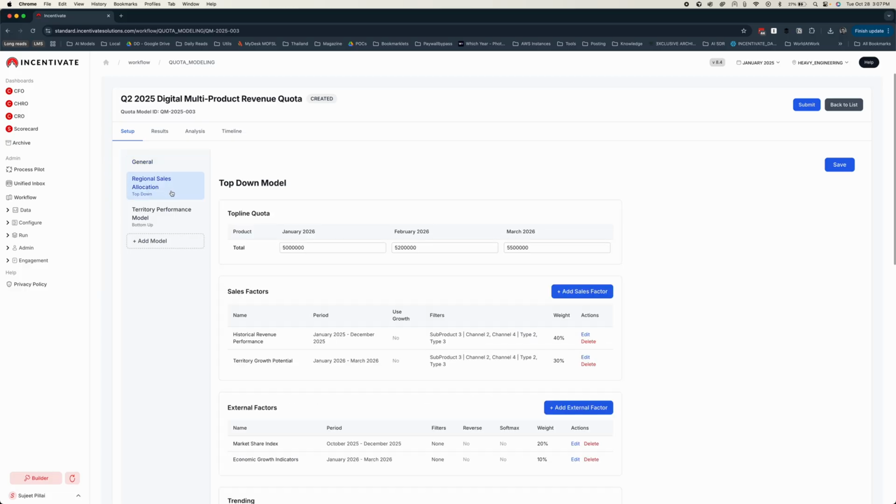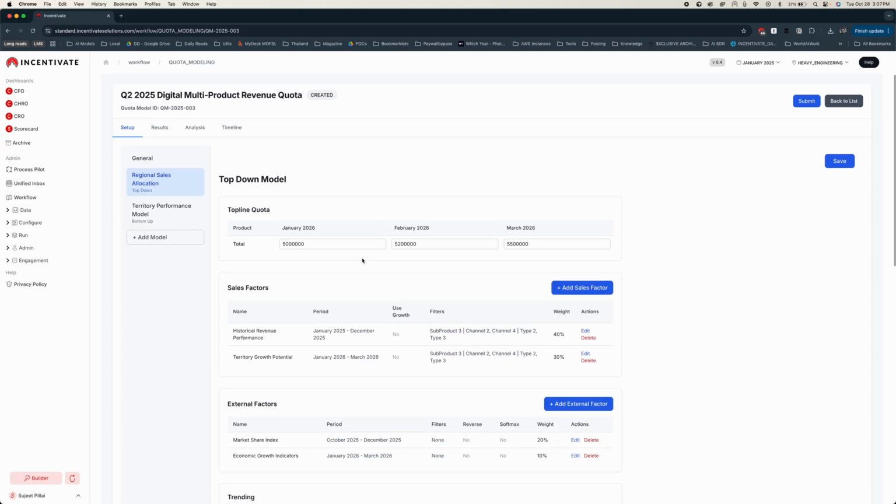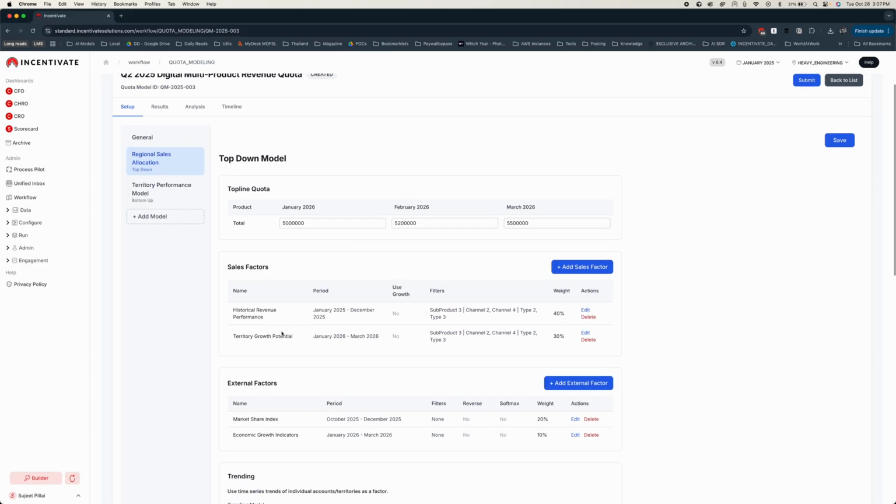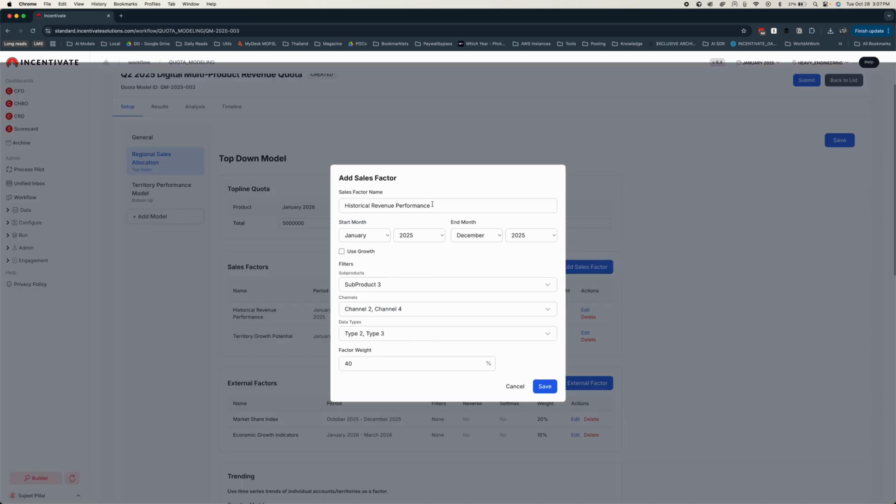You begin by entering the monthly top-line quota for each month in your modeling period. Then, you define the sales factors that will influence the allocation. The simplest factor is historical sales, say, the full year of 2025. You can filter it by product type or channel and assign a weight to show how much it contributes to